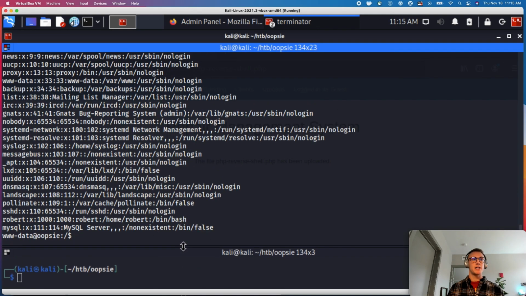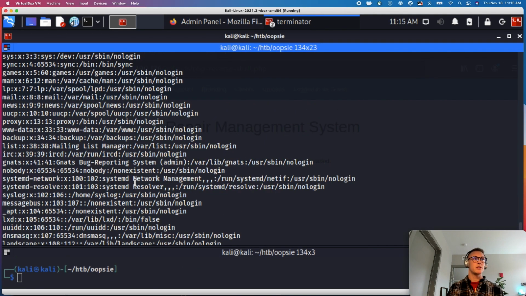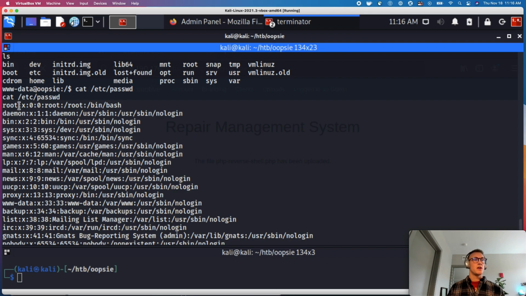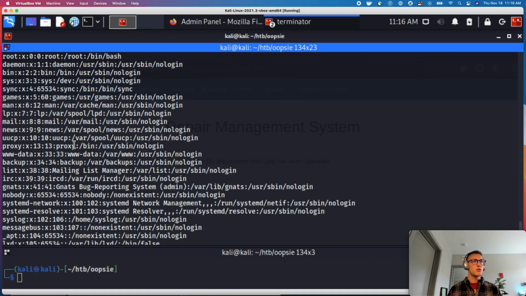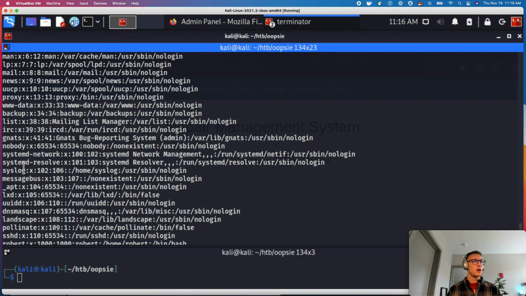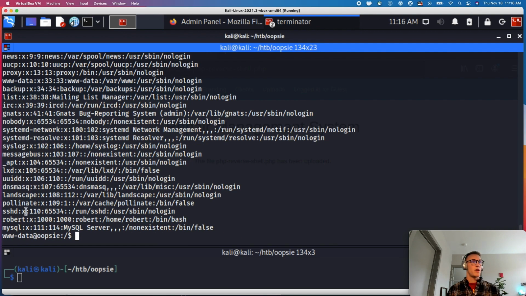I'm actually going to minimize our local machine so we can see what's going on here a little bit better. Let's just check who's on this machine. So we have a bunch of standard users. We have the nobody user. We have pollinate. And you want to be able to look and see that they have /bin/bash, because that means that they can use a shell. Okay, so it looks like there is a Robert user. So maybe we can find